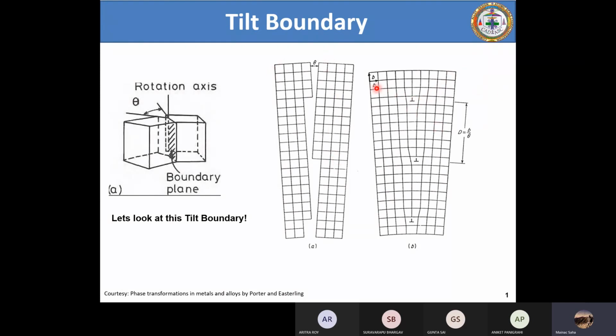Also, the other thing I will show you is the lattice translational vector. See an atom from here to here, here to here, here to here. Similarly, if you look in the vertical direction, here to here, here to here. All these are b. What is b? Burgers vector, right? I told you in one of the earlier classes, the previous class or before that, that the Burgers vector is nothing but the lattice translational vector.